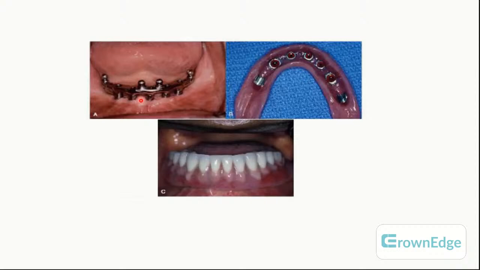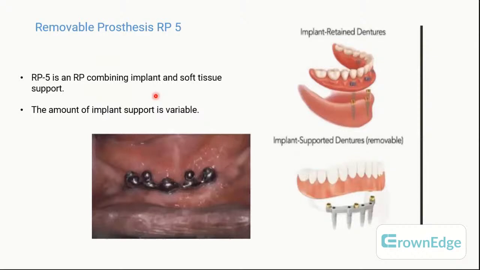So if the patient has probably 80, 82 millimeters, 78 millimeters, it is still okay in which I remove 8 millimeters and give him a prosthesis which is nicely retentive and stable. But if the patient has probably just 60, 62 millimeters of vertical, I can't possibly remove 8 millimeters and give it to them. So patients where the vertical dimension is very minimal, I cannot give an RP4 prosthesis. Similarly, areas where bone is not present enough, in which I cannot place enough number of implants, I can't give an RP4 prosthesis. I have to survive with the RP5 prosthesis, which requires fewer implants and does not require me